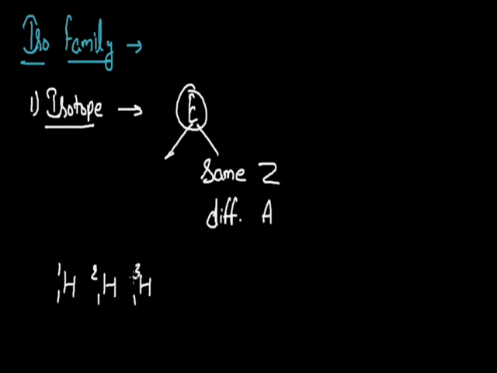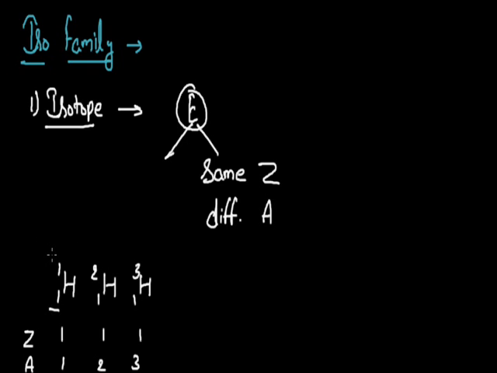represented as H13. Here we can find that all these three atoms have the same atomic number, and the atomic number for these three is 1, 1 and 1. If I talk about the mass number of these three, the mass numbers are respectively 1, 2 and 3. Since these three atoms have the same atomic number but different mass numbers, these three can be taken as an example of isotopes.